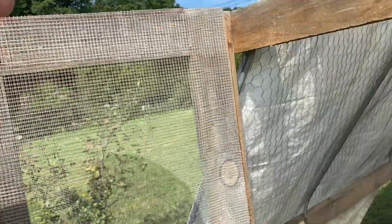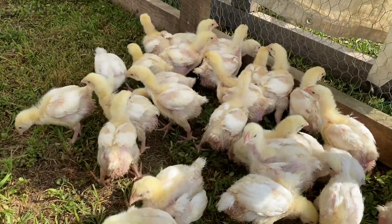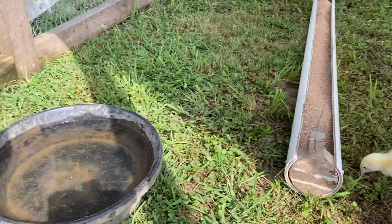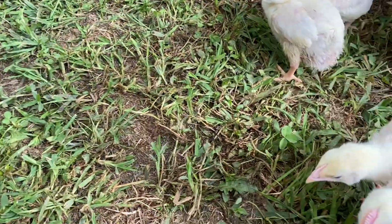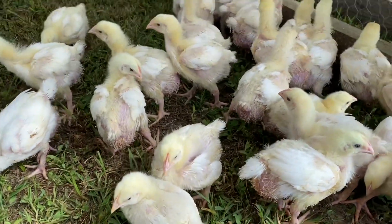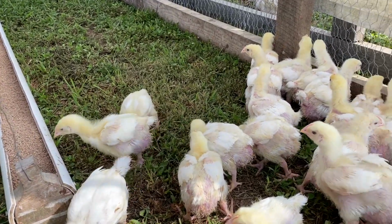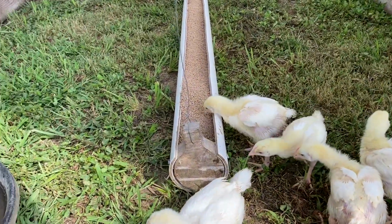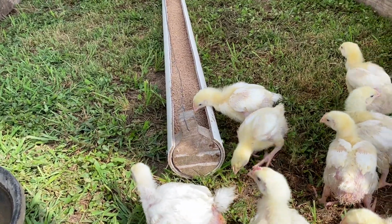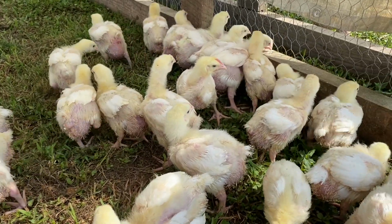All right, guys, there you have it. The easiest way to make a Cornish Cross happy, or any chicken that is, just raise them the right way. We've got them out on grass. You can see they're still yellow. They haven't fully feathered out yet, but they get in a little bit of shock when they're first out here, but then they start to roam around and find everything that they need, the fresh grass, the bugs. This one's already found the feed, and they will start acting like normal chickens, how they should be raised,